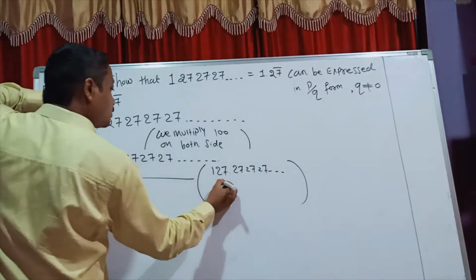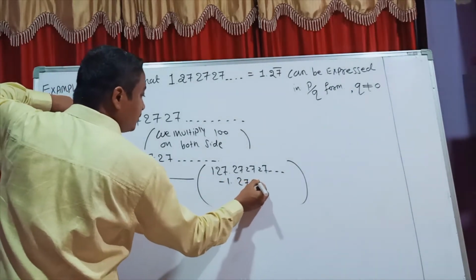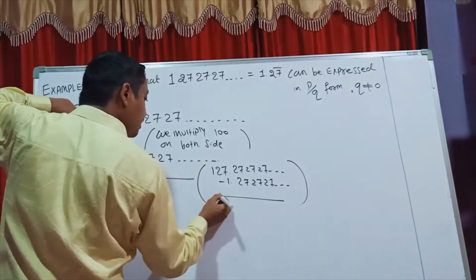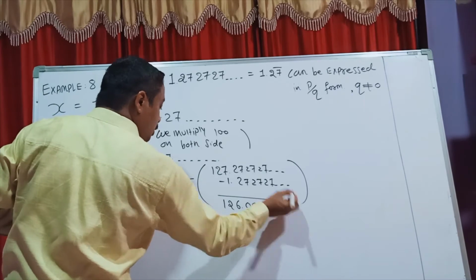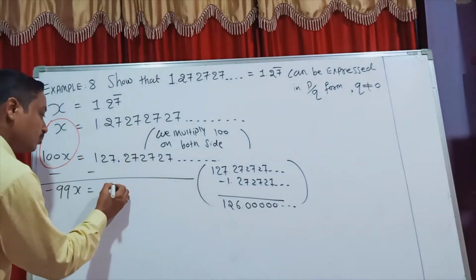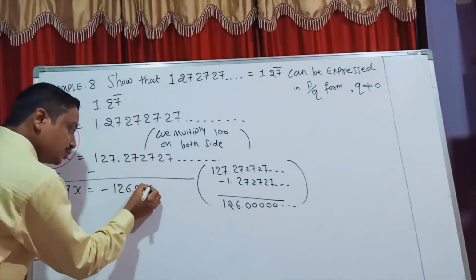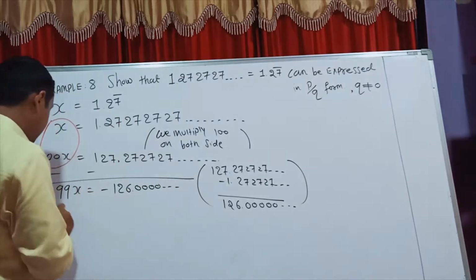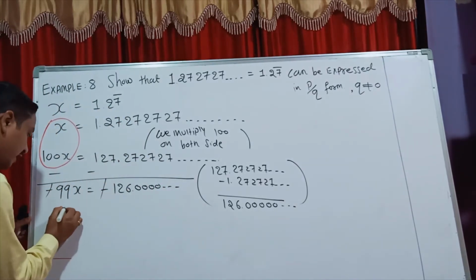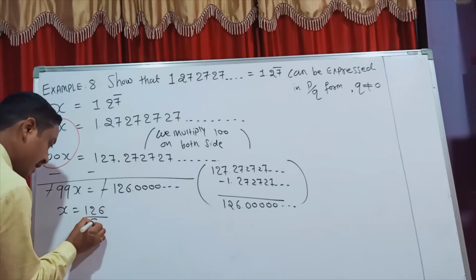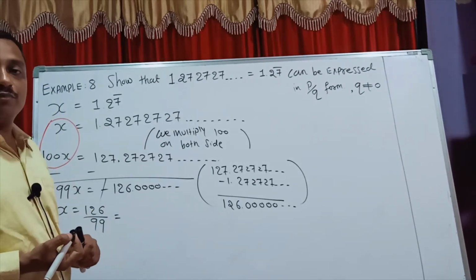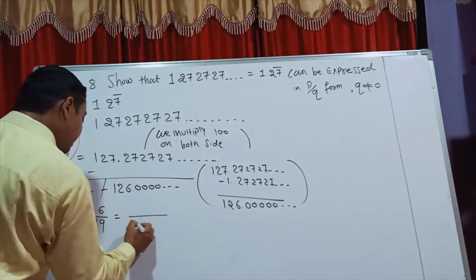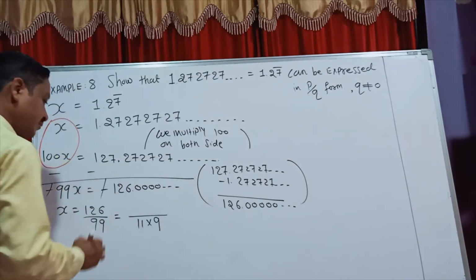Now this number minus 1 point exact decimal, right? And here 126.0000, but this number is higher number, so minus 126.0000 numbers. So finally this minus and this minus gone. X I have 126 by 99. Yes students, till up to over, but I further calculate, it is 11 nines are.